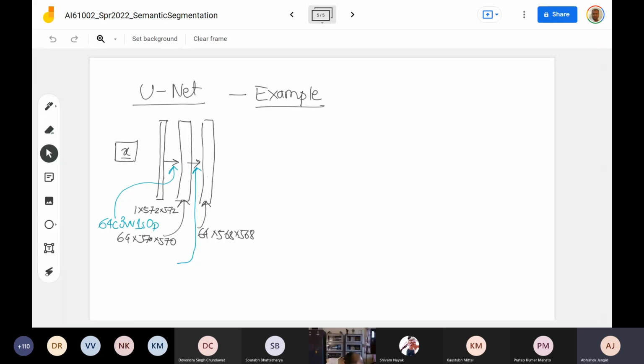So what will be for the next one? So it could be same. 64C 3W 1S0P. Okay. Now, once the output comes out from here, the next task is you run a max pooling operation such that now here you get down a 64 cross